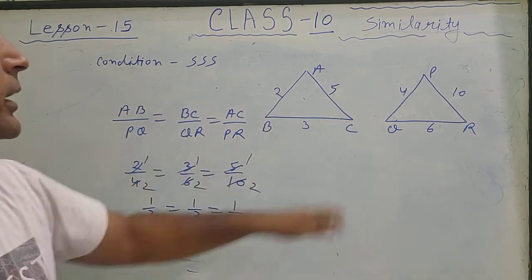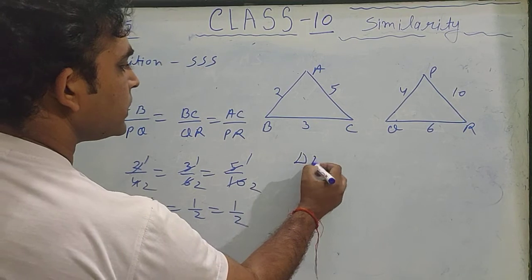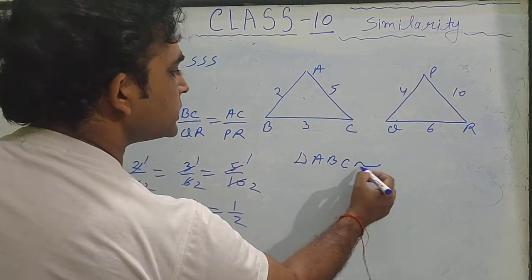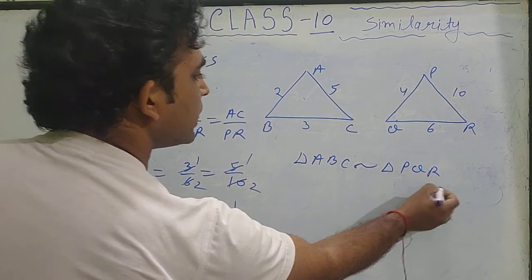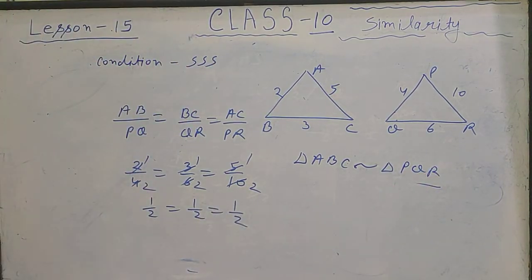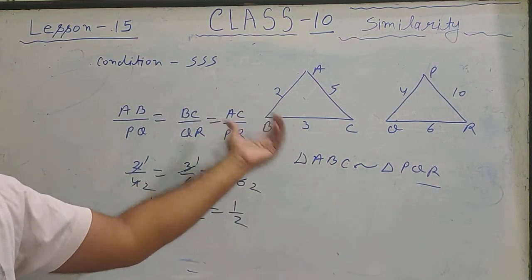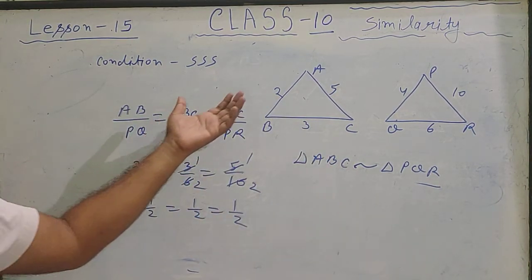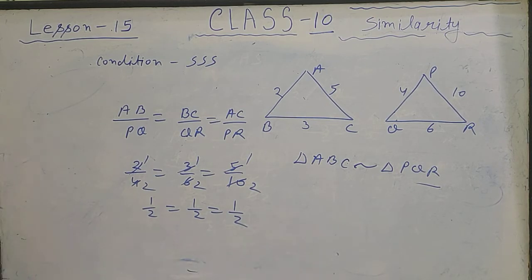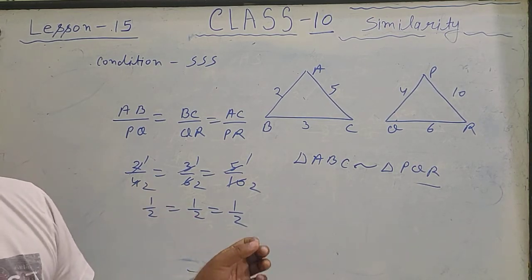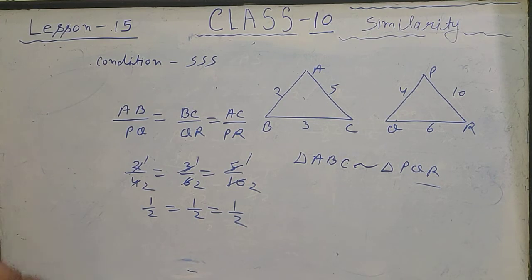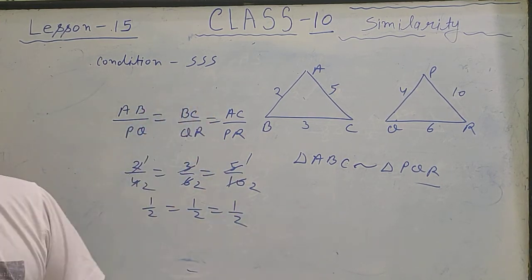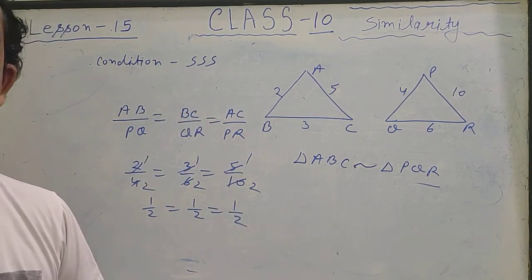That's why both triangle ABC, this is the sign of similarity, triangle ABC similar to triangle PQR. ओके, तो इसमें सिर्फ आपको रेशियो चेक करना है, अगर थ्री साइड का रेशियो सेम है दैट देन वी कैन से दैट द ट्राइंगल आर सिमिलर. Okay, so first condition is angle angle criteria, second is side angle side and the third is SSS, side side side. So with the help of three criteria we can solve any question in this exercise.